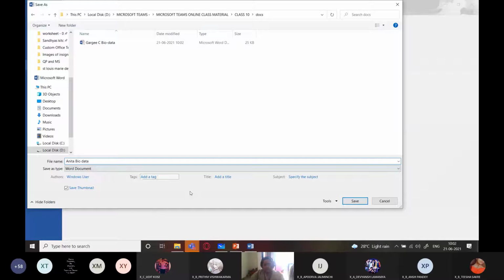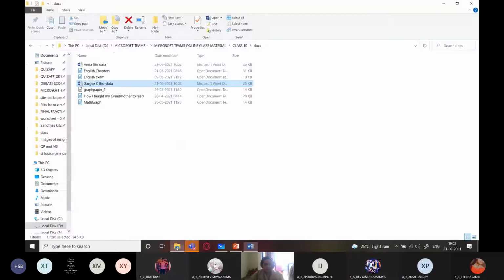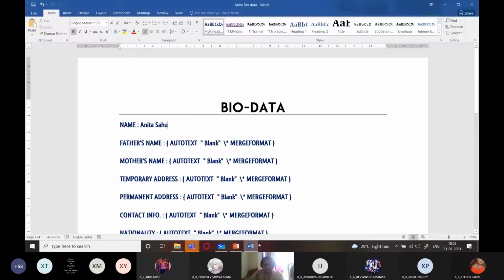Biodata. So now it is the biodata of Anita. So I can make changes here. Just made the change. So now I have two different documents based on that. You can see one is Anita's biodata, one is my biodata, right? So this is how you create templates and use templates in Word.